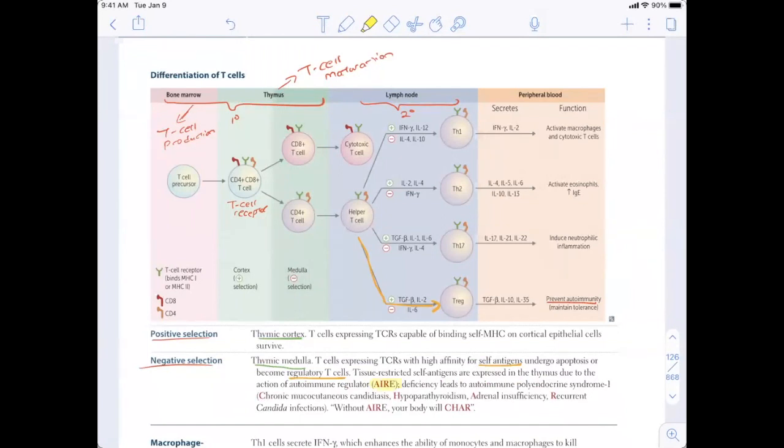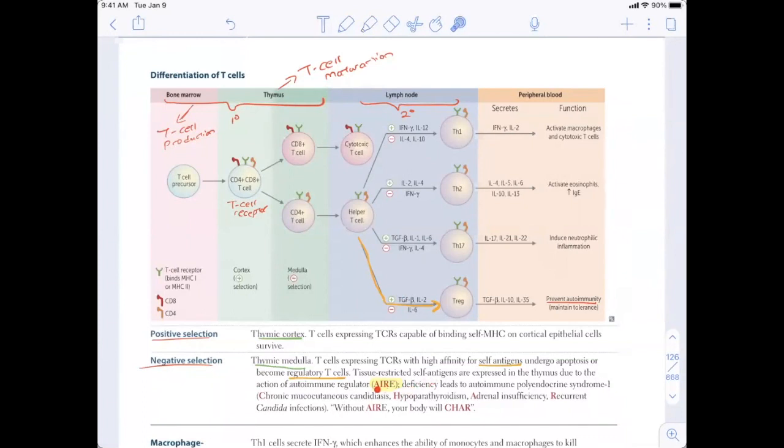So your autoimmune regulator allows you to express some self-antigens in the thymus, and you need this, because this is your sample. That's easy to remember. This is your body sample to test. So guess what happens if you don't have the sample? Now you could go buy this dish that you never tasted, and now you don't like it and you spit it out. So that is the reason why when we have a deficiency of the sample,